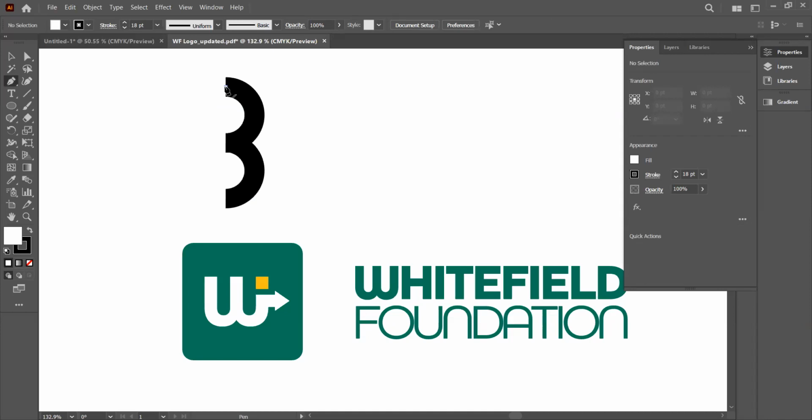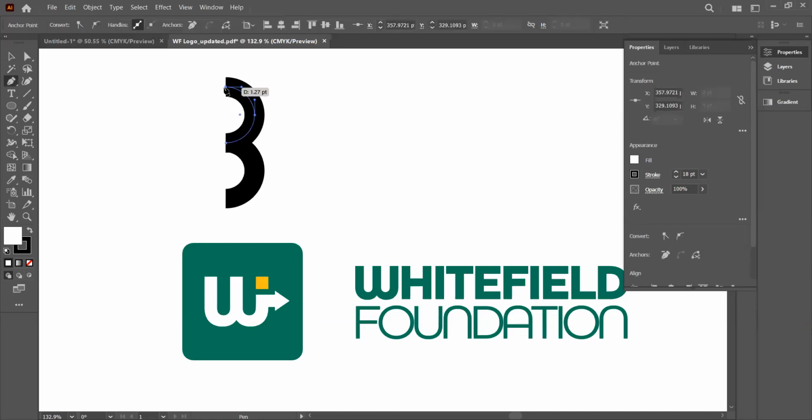Okay, so now can you see? Click on that edge where we've deleted half of it. So now this thing still has that node. Can you see this line now, the inner line? So you can still click on these points and continue drawing. Do you get it now? Click on it, bam, your pencil tool. Then click on it. Can you see that node? Click on it, then hold your shift so that you can get a straight line. Hold your shift. Can you see now? Do the same thing to the other one.